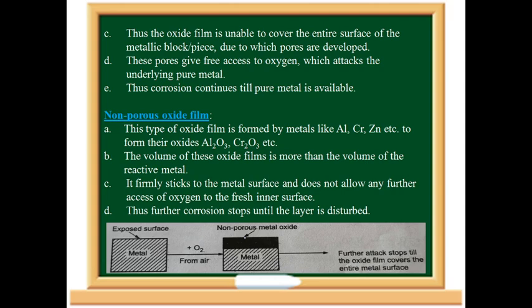But then if this layer gets disturbed, for example some stress or crack comes on it, then this layer is broken down, and then the inner metal gets exposed to oxygen. Until it is disturbed, corrosion stops. Followed? Okay, you can see in the diagram how the metal surface is exposed, that is aluminium,